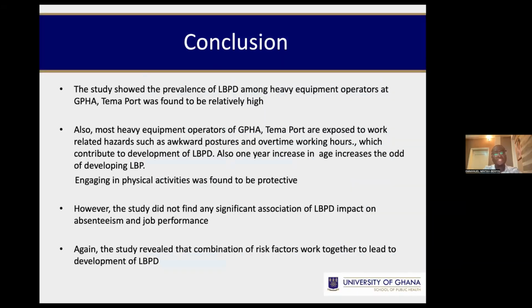In conclusion, the study showed that the prevalence of low back pain among heavy equipment operators at GPHA